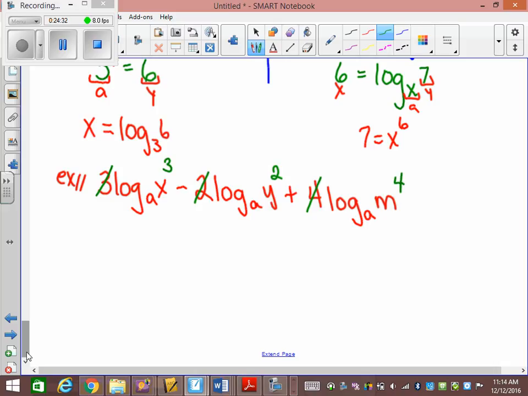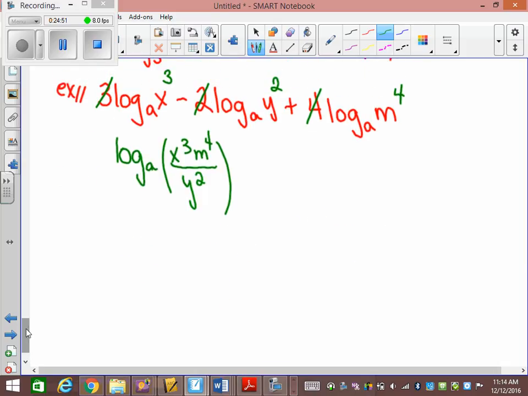Now, the rules to put them together: log base a, x cubed has a positive 1 in front, so it stays on the top. y squared has a negative 1 in front, so it goes to the bottom. m to the 4 has a positive 1 in front, so it goes to the top. So I can give you that, or I can say